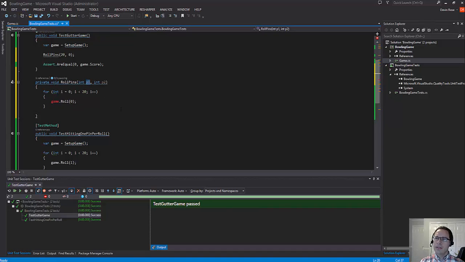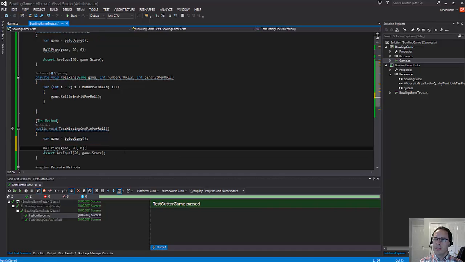Can call this number of rolls, and call this pins hit per roll. So in that case, that's number of rolls. And we forgot we needed the game too. So now this gets simplified too down here. We can say, hey, roll